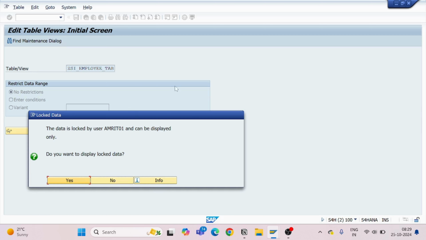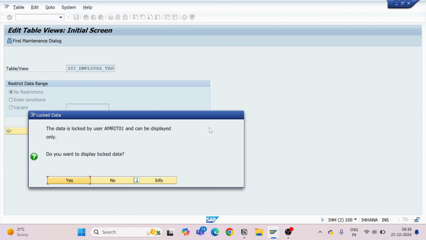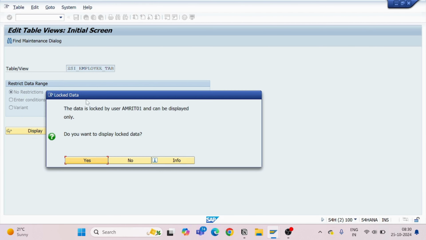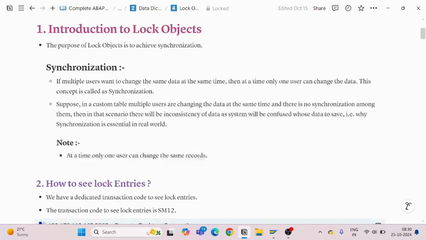So it is saying that I can display this data, but I cannot change this data because in the backend one screen has already been opened by user Amrit01, which is me. So at a time only one user will be able to change data. You cannot open the same screen in change mode on multiple sessions. So this is how SAP is going to achieve the synchronization.